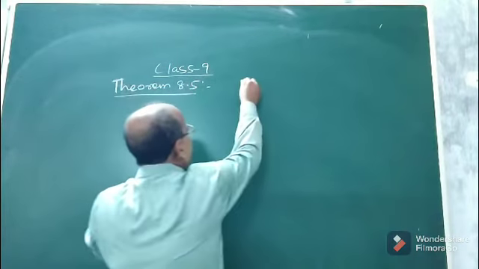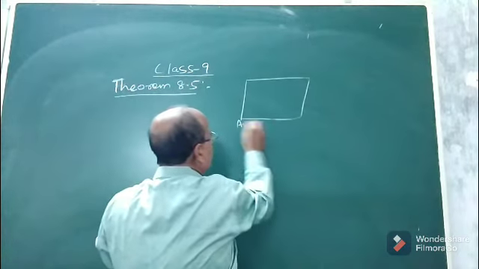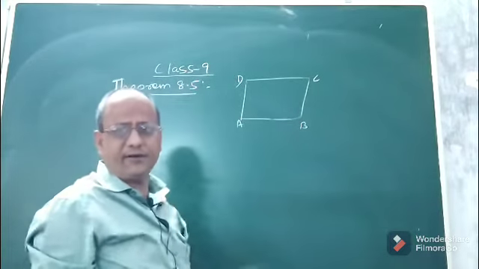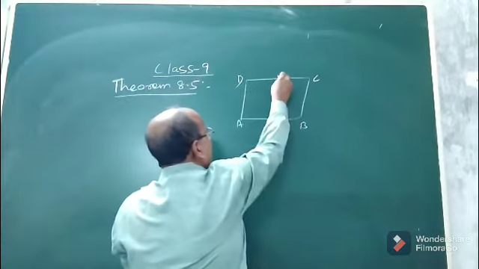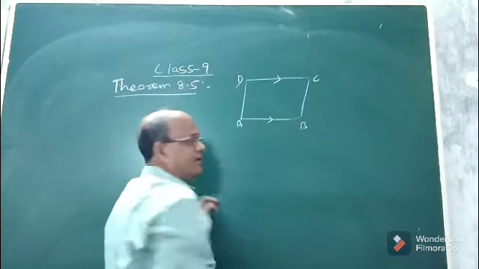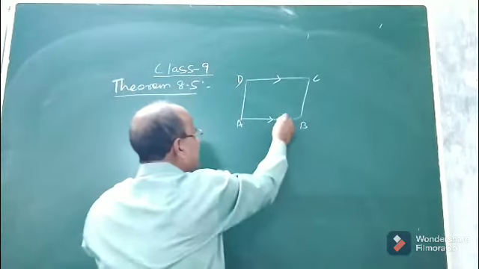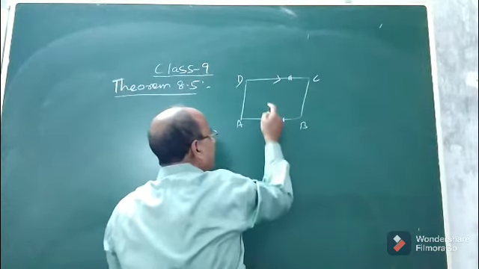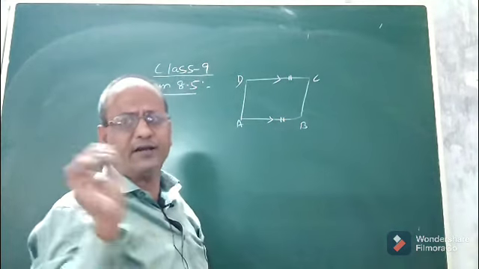Let us see how. The statement is already told to you. Suppose ABCD is a quadrilateral. Suppose AB and CD are one pair of opposite sides. They are parallel, it is given. And you are also given that they are equal. AB equals CD is given and AB parallel to CD is given. How will you prove that it is a parallelogram?